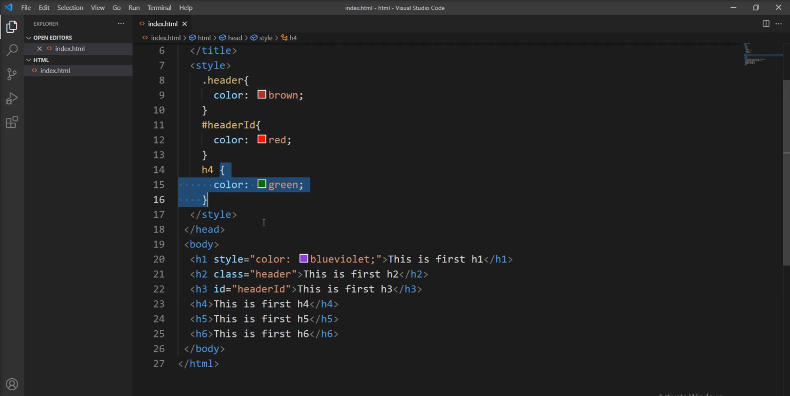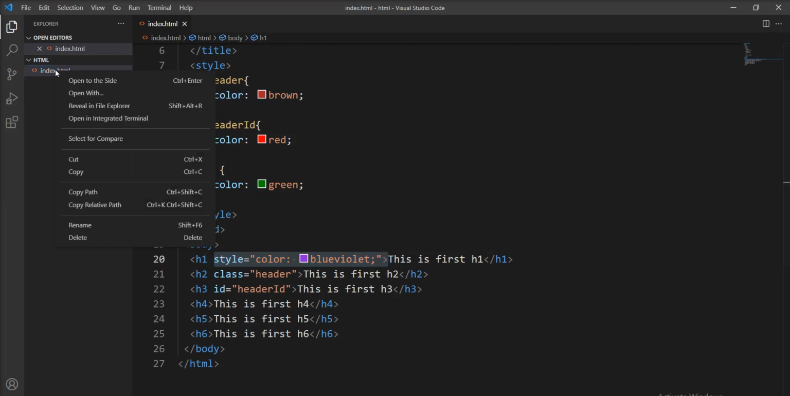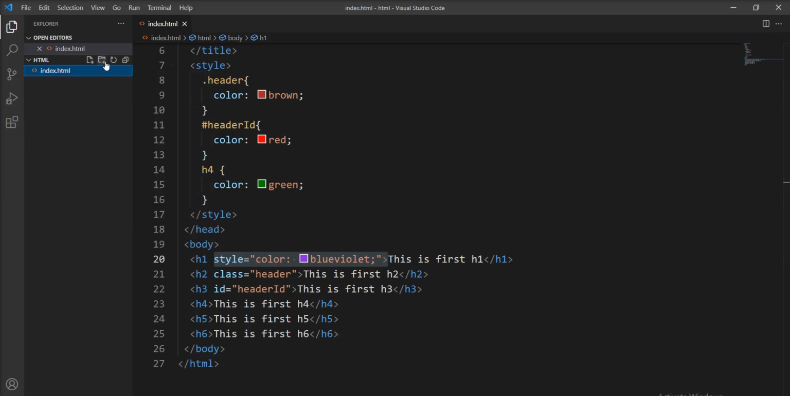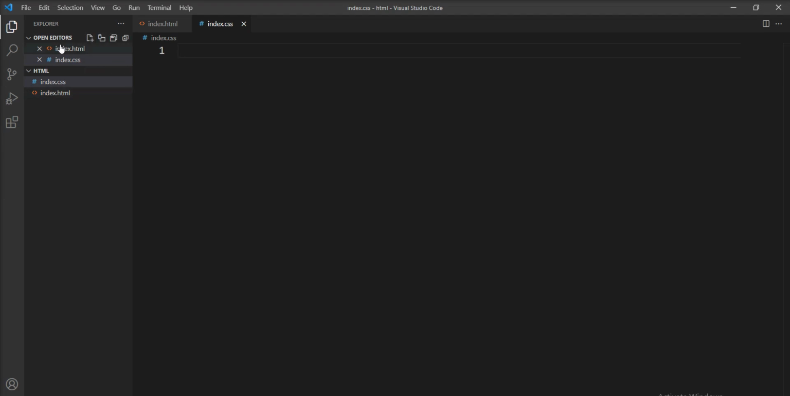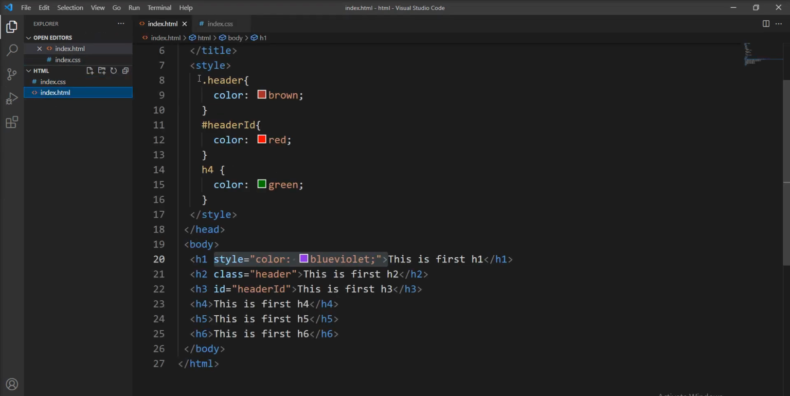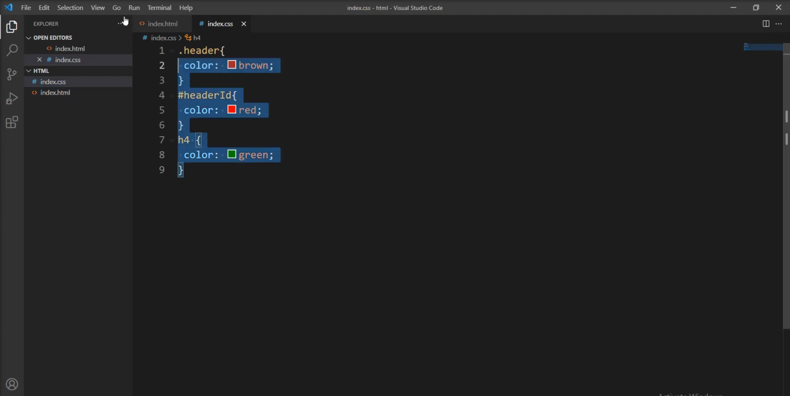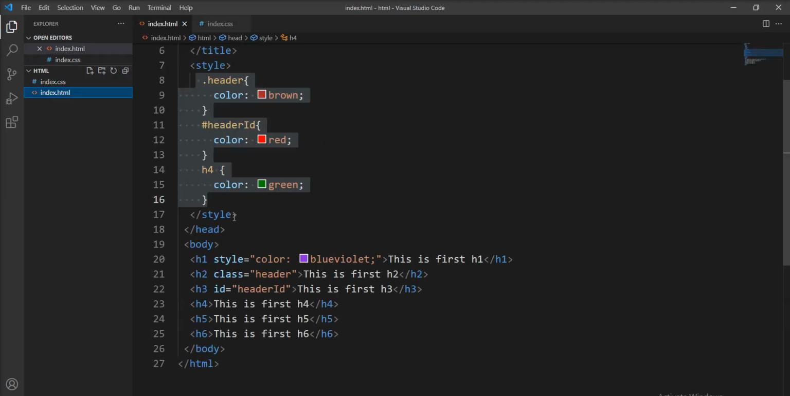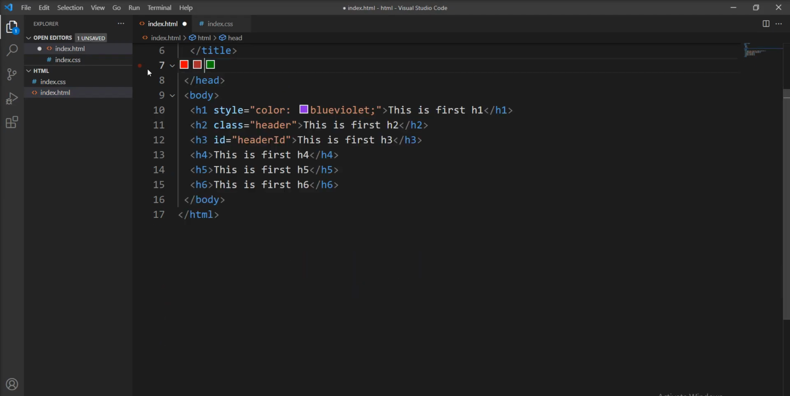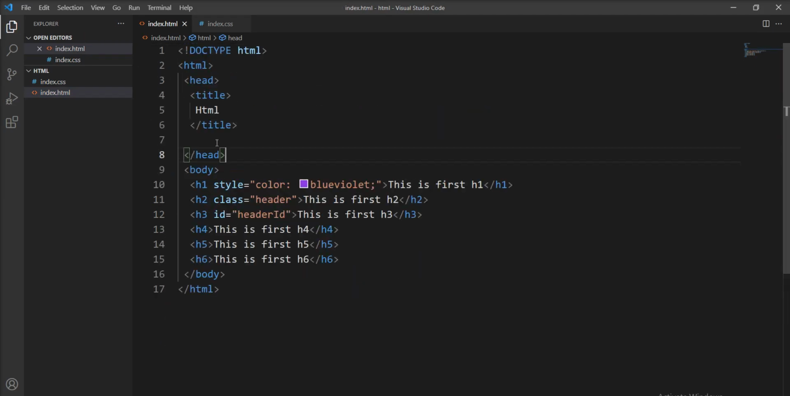Now I'm going to use the external CSS. This is the internal CSS, this one is inline CSS, and now I'm going to create one file here and give the name index.css, and same thing I'm going to specify class from and let me remove this inline CSS, and just I need to specify